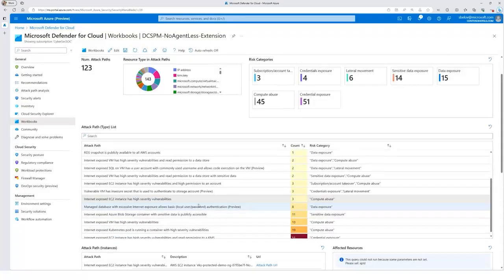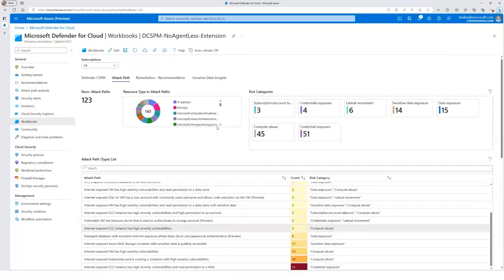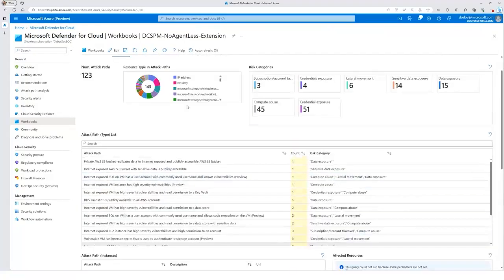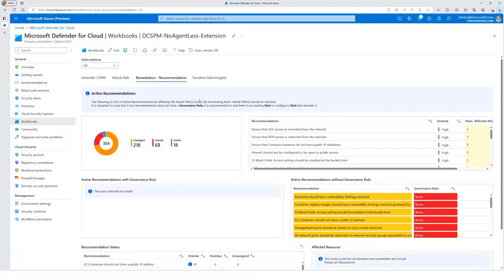So that's a pretty nice, easy-to-use way, because first of all, it provides you a summary, and you can see all this in one single page. And then you can go to the remediation phase and see what the recommendations are